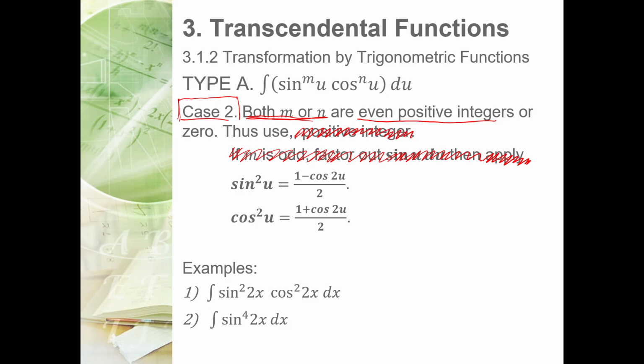So in case number 2, both the exponents for the cosine and sine function should be even and positive. If both are even and positive, we need to apply these two terms. We need to transform sine squared u to this term, and transform this one to this term, so that all our values are in terms of cosine of degree 1. Okay,